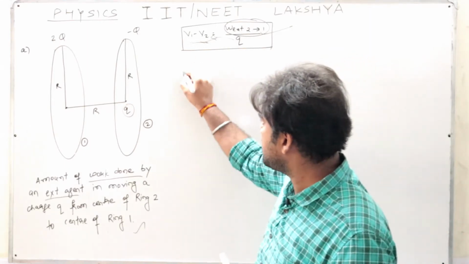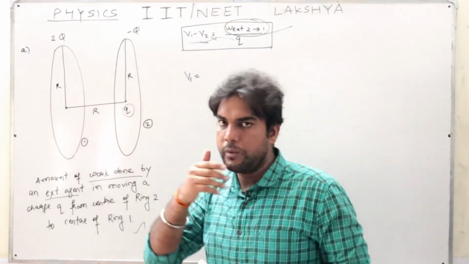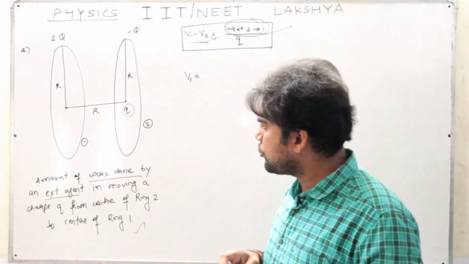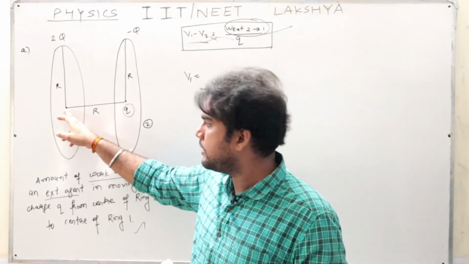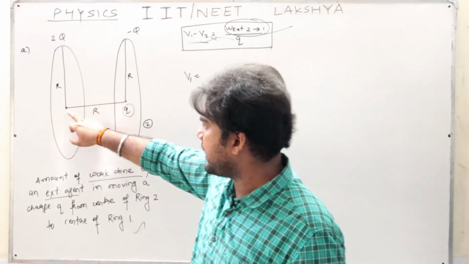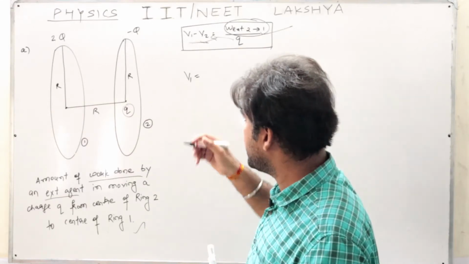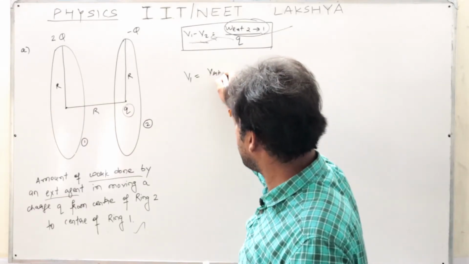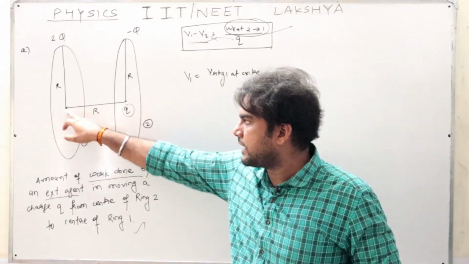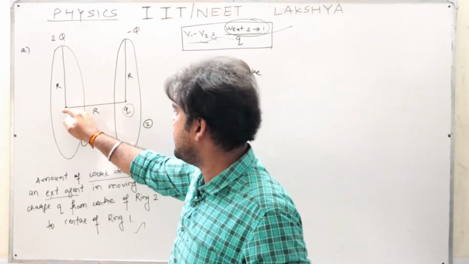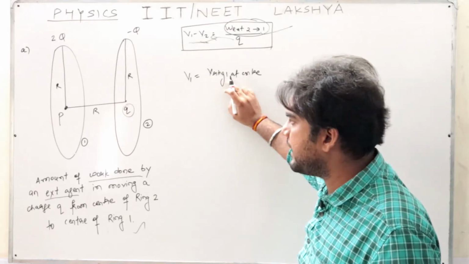First let me write what V1 is. That is, the potential due to ring 1. What is the meaning of V1? Potential due to ring 1. If you observe carefully, the potential at the center of ring 1, at this point, let me mark it as point P. The potential at point P will be the potential due to ring 1 at its center,